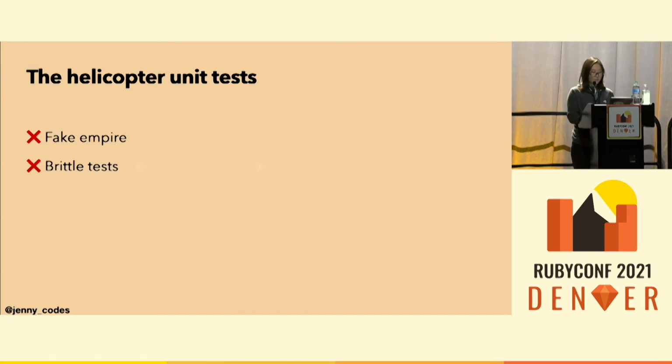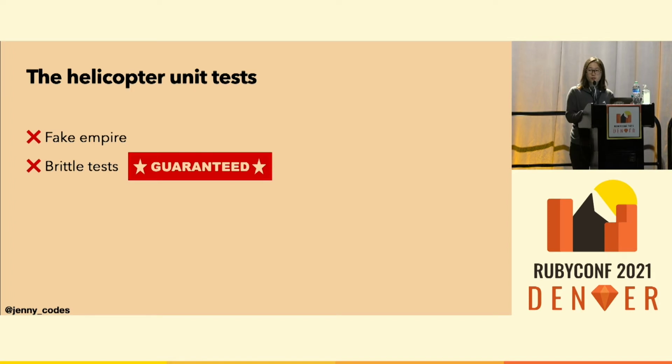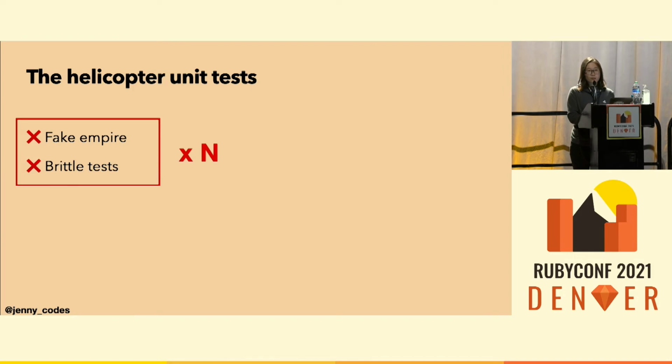Another situation for helicopter unit tests is that they produce very brittle tests. It is very likely that our tests will fall down easily. We are specifying every implementation detail. If you change anything in that method, you have to change the test code as well, or else it will fail. And the worst part is that you need to write this setup multiple times, because for unit tests, we need to test every scenario. So it's not just that one test is brittle, it's a lot of tests you need to cover.